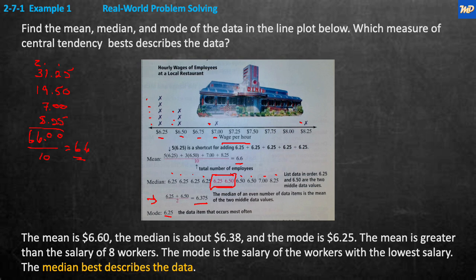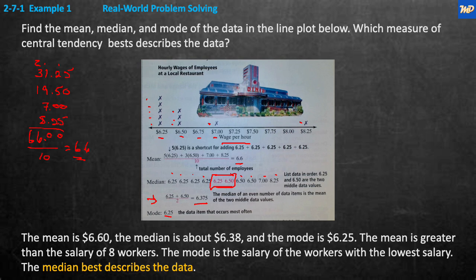Then it says the median is 638. That's above the lowest, but not above the second highest. It's kind of surrounded pretty much by the data values that are most common. And the mode of the salary workers is the lowest salary, which is 625. So it doesn't help to talk about what the lowest pay is when you have 5 more people making more than that. So the best